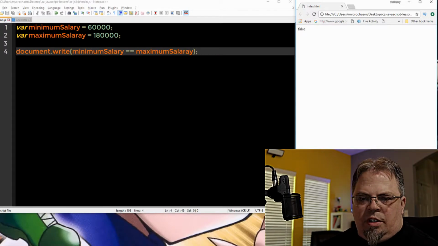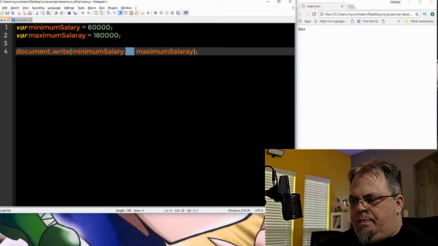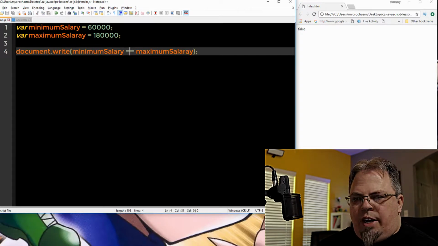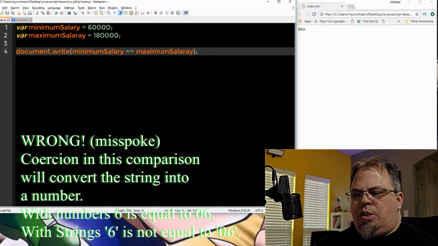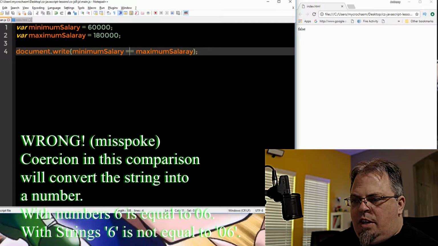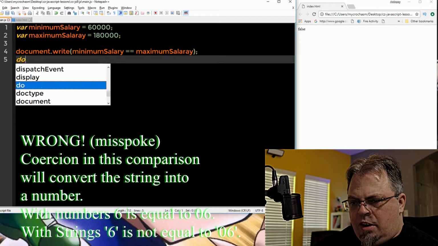So this is what's called a loose comparison. When you have two equal signs, this is an equals comparison. This is called a loose comparison. So a loose comparison, it's not strict. I can actually compare a string and a number, and it will coerce the number into a string and do the comparison. So for example, if I do this right here, document